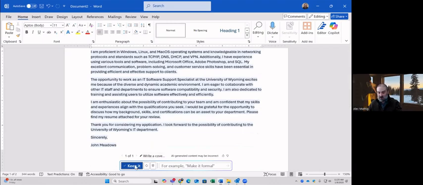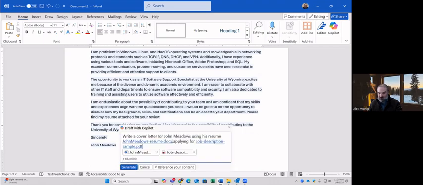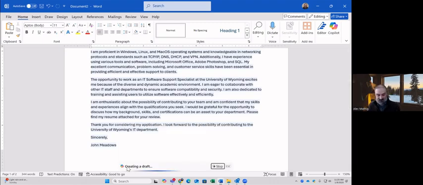So I would come in here and I might have it create a few versions. I might compare the versions. And once I like it, I would keep it. Again, I can make adjustments to what I want it to. I could come back up here and say, please focus on my Linux and Windows operating system skills, or something like my customer support experience. I could tell it what to focus on, and it will do that. Or I could even say in the style of, I don't know if it will.